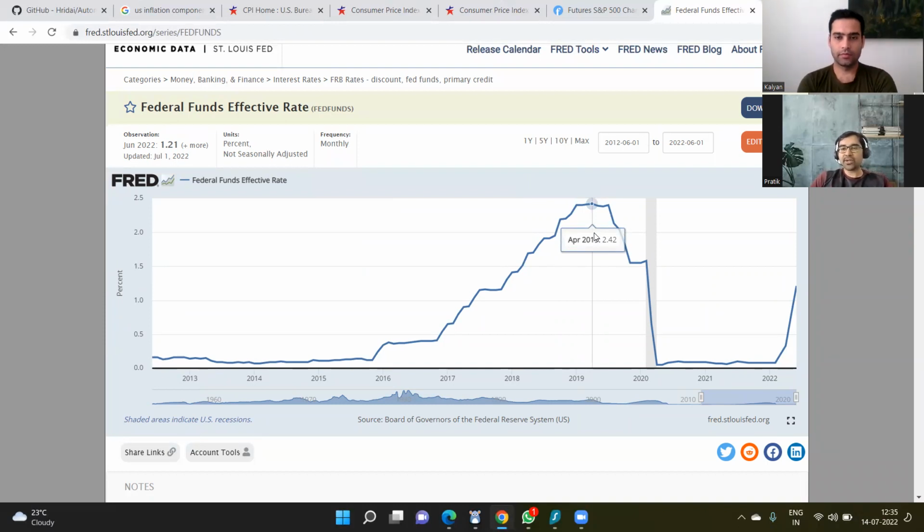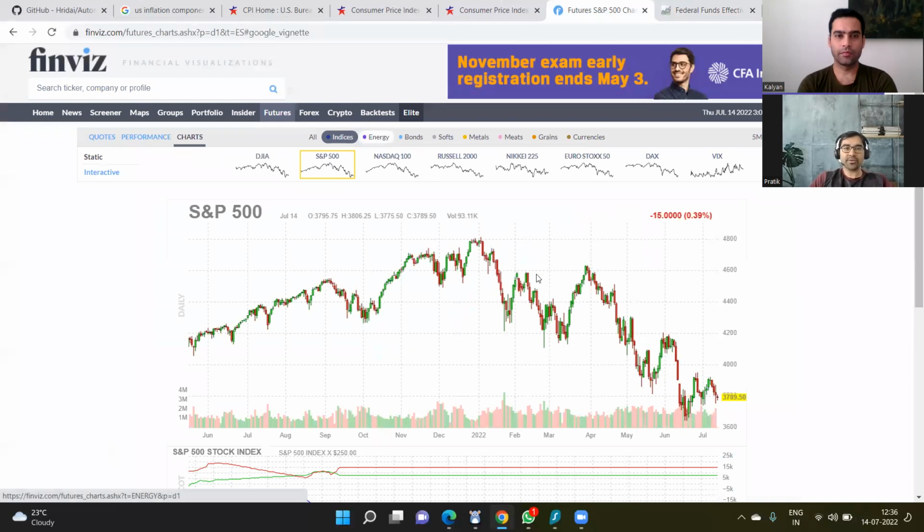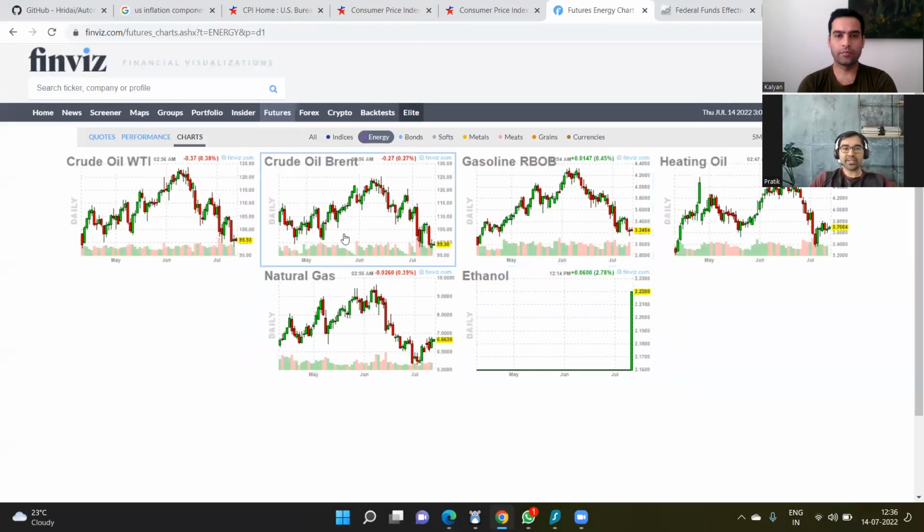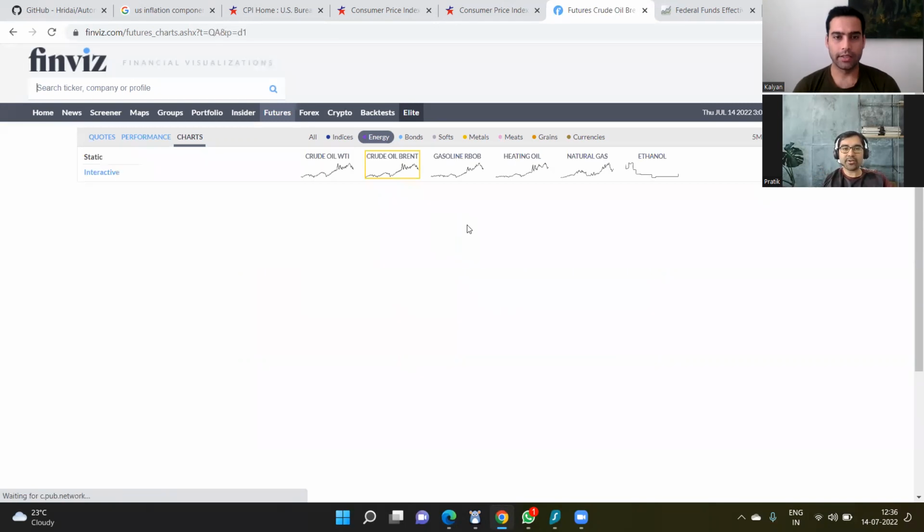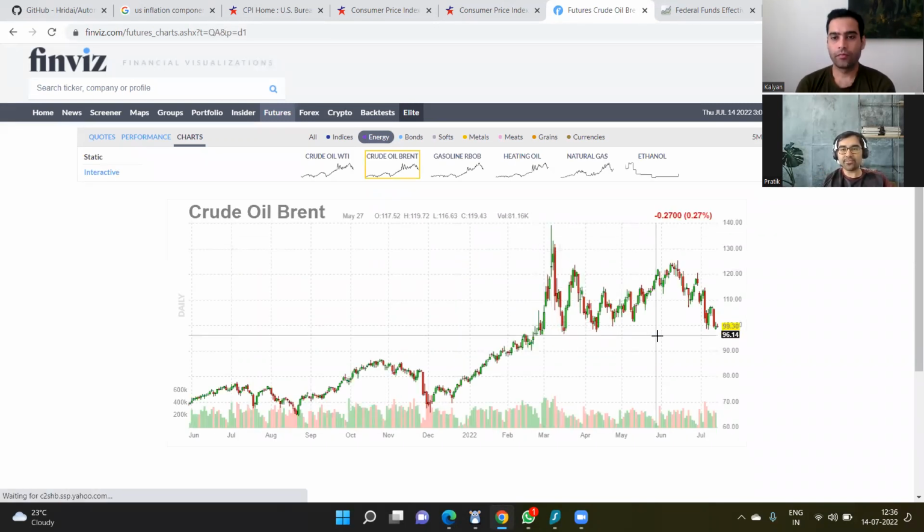I mean, 100 basis point is still fine for one time, but what if the rate increases continue? Every time we are expecting that the Fed will be fine, inflation will come down, inflation has already peaked. Every time we are expecting this in every data release, but it's not happening. Energy prices are coming down, I understand that, at this point of time, because if you see oil, for example, Brent oil has come down quite significantly, from 140 to around 100 levels. So although oil has come down, because of which the energy inflation might actually come down,